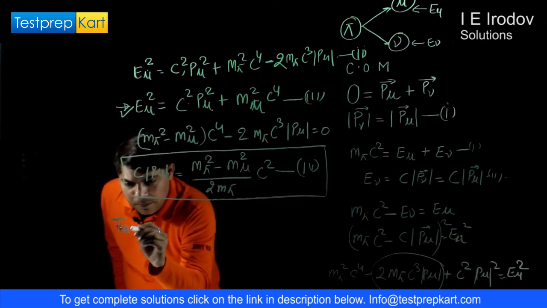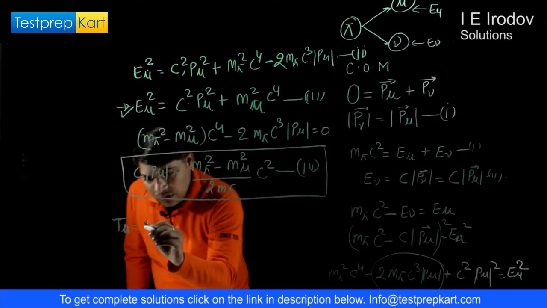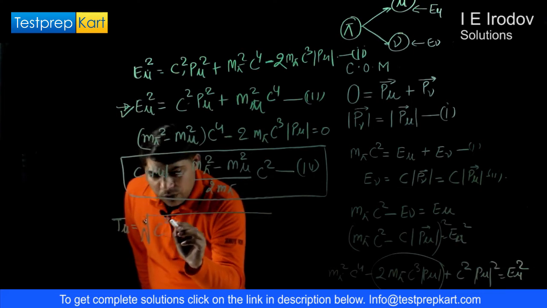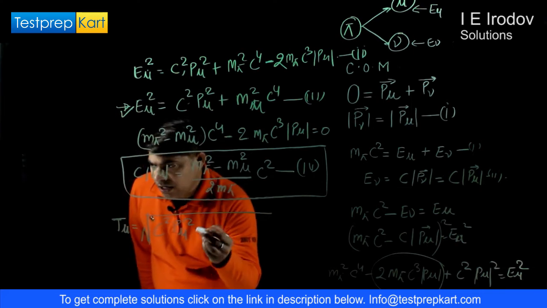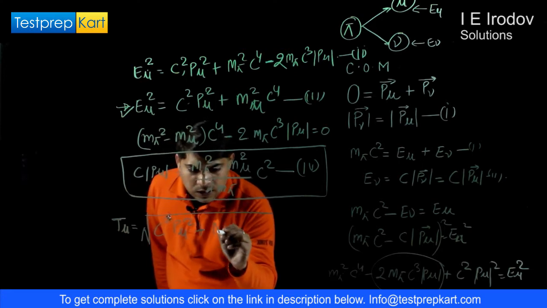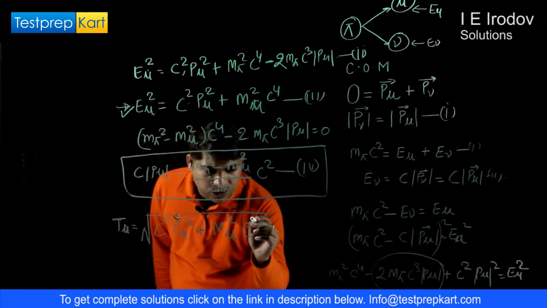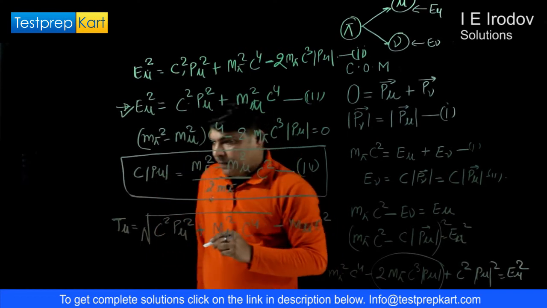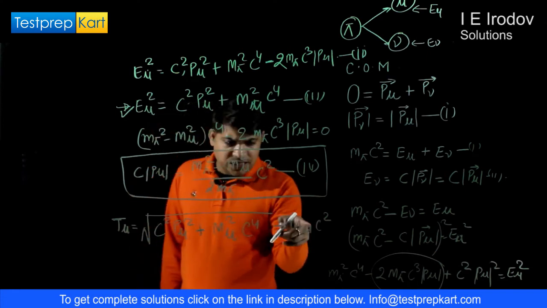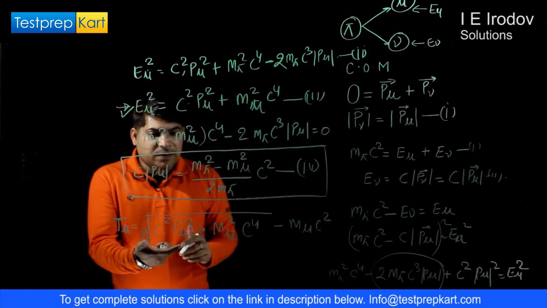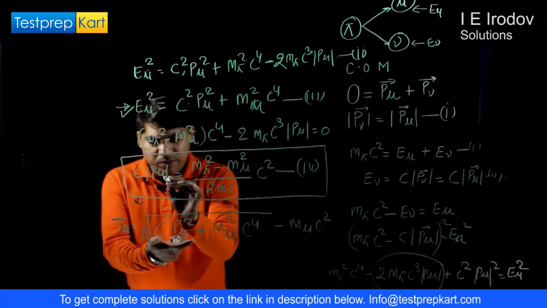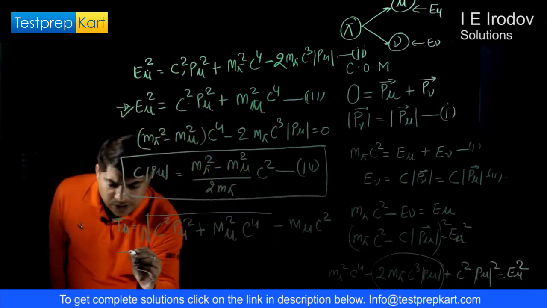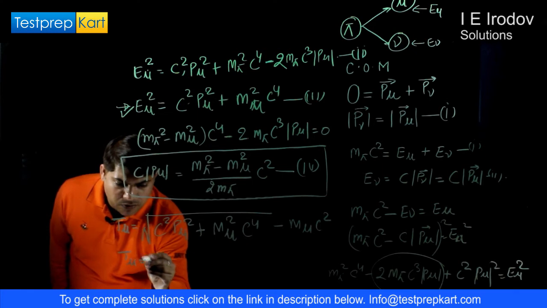That is T_mu equals the square root of c² p_mu² plus mass of muon squared into c⁴, minus mass of muon into c². This is the general equation. Now we can substitute the value of c p_mu from equation number 4, so this equation can be rewritten as